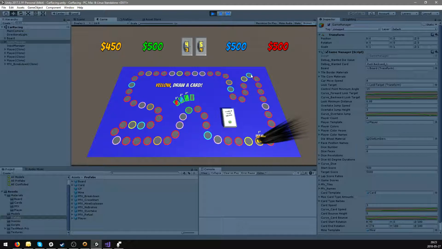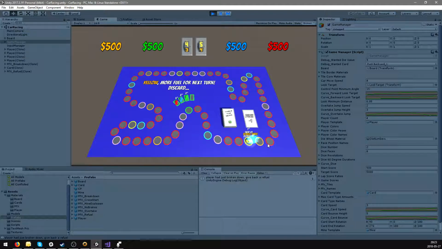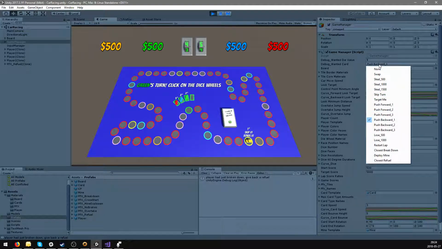So 9. Now we've got to skip a turn, draw a card. It's a push -1, push yourself. Bonus, yellow, more fuel for next turn, discard. Okay, now let's test the